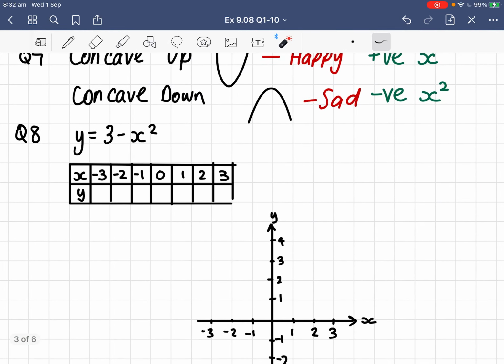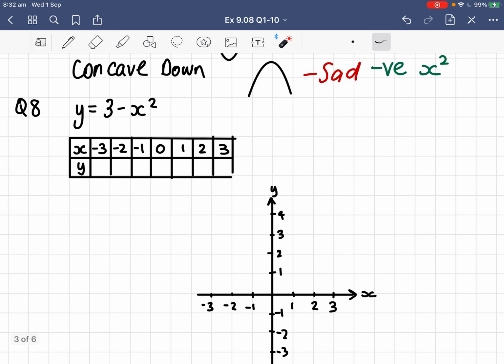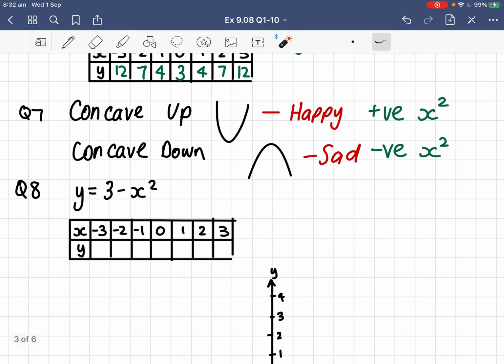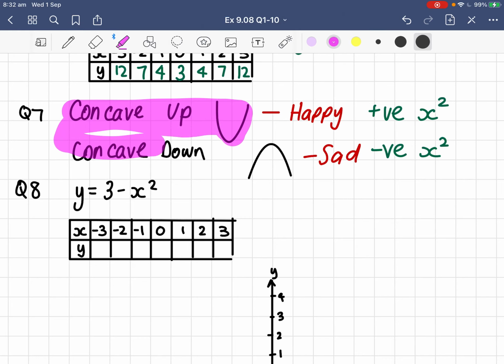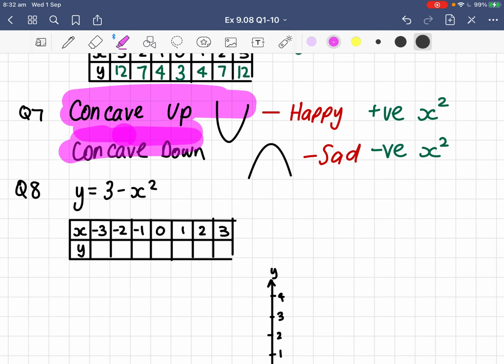So what we have is our graph of y equals 3 minus x squared. Now what we should look at here is we should be able to identify by looking at an equation whether our graph is concave up or concave down. So what we have is for our equation y equals